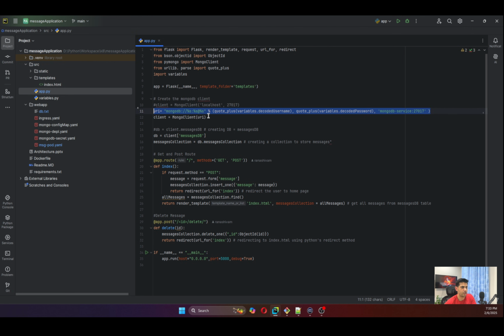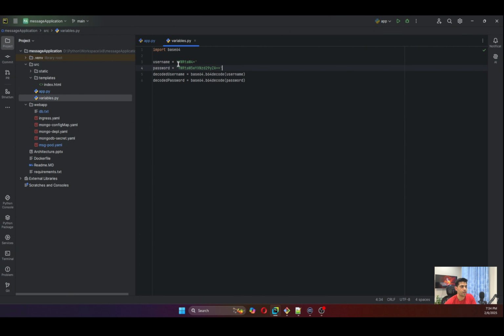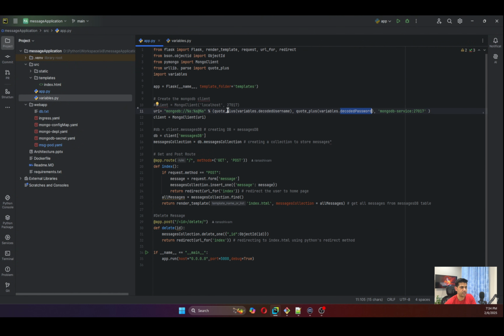So this connection URI is trying to establish the connection to our MongoDB database, and it is using the username and password from a file which I have created here, variables.py. So what I have done here is I have encoded this username and password using base64, and then I am storing the decoded username and password into this decoded username and decoded password, and I am passing this username and password here by referencing variables dot the username